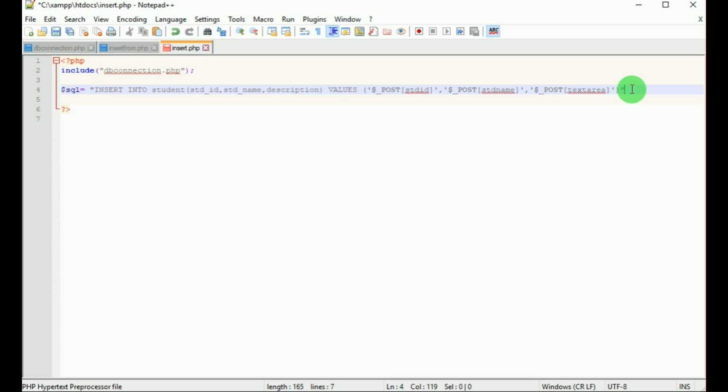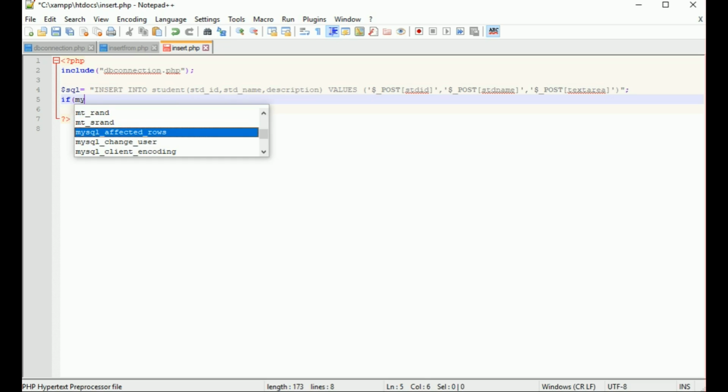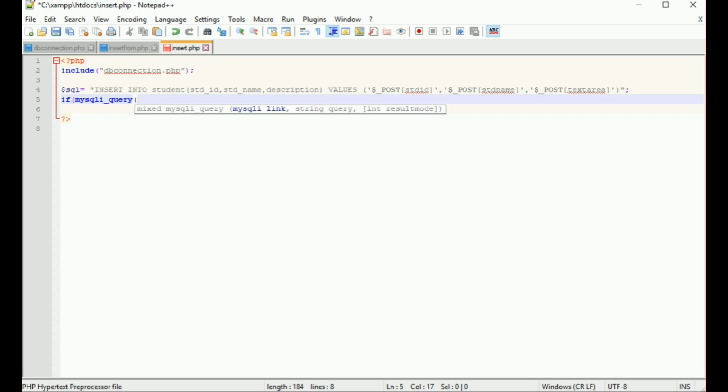And since we have used the method post, we use the POST variable here. Using this POST variable, the values from the form are retrieved. And this insert command is stored in the variable sql.